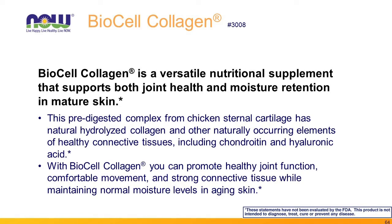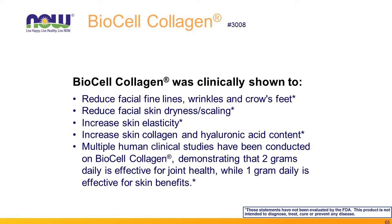So you can promote healthy joint function, comfortable movement, and strong connective tissue while maintaining healthy, normal moisture levels in the skin as it ages, which would largely be a function of the hyaluronic acid component. And clinically, we've seen it can help reduce facial fine lines, wrinkles, and crow's feet. Again, that's largely due to the hyaluronic acid drawing moisture and reducing facial skin dryness and scaling, increasing skin elasticity, which would have a lot to do with the chondroitin sulfate component,